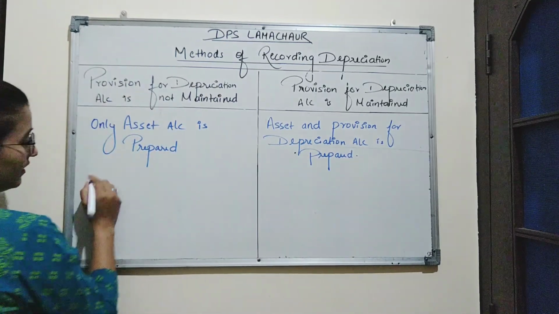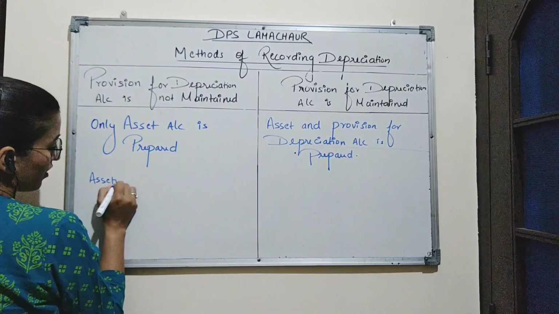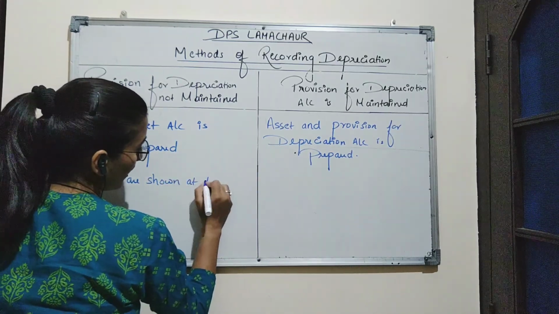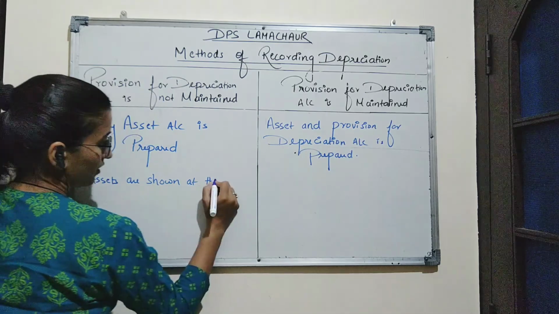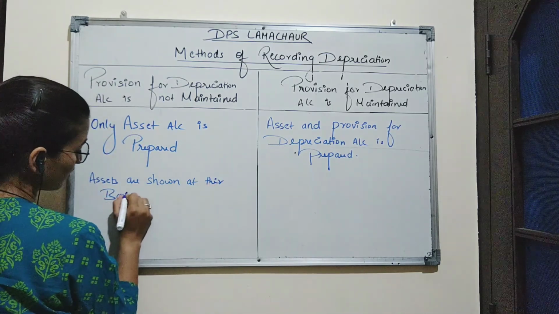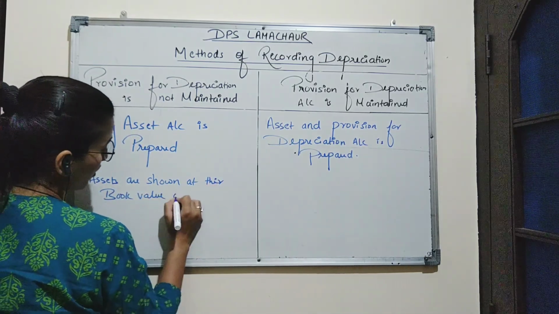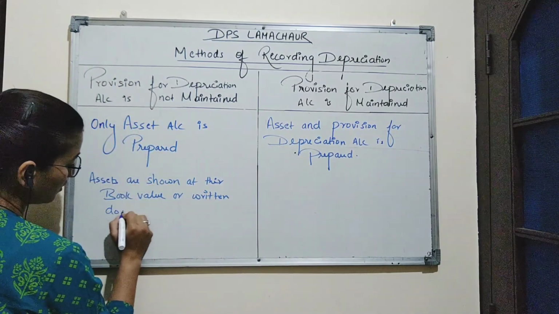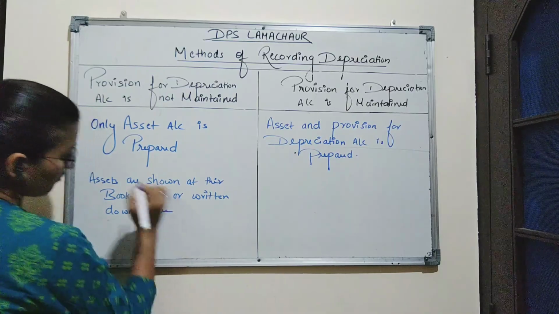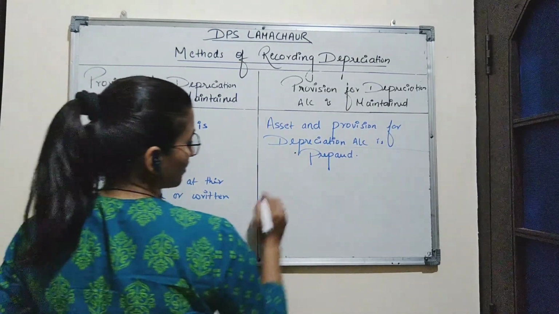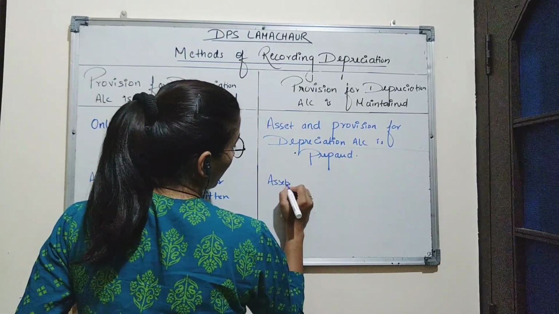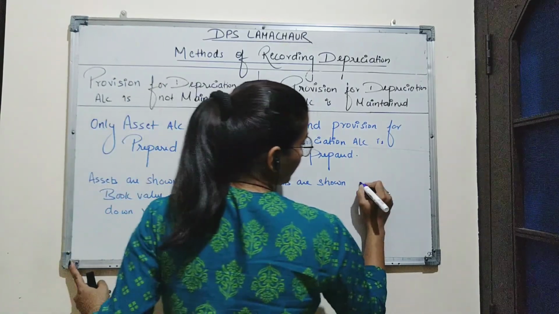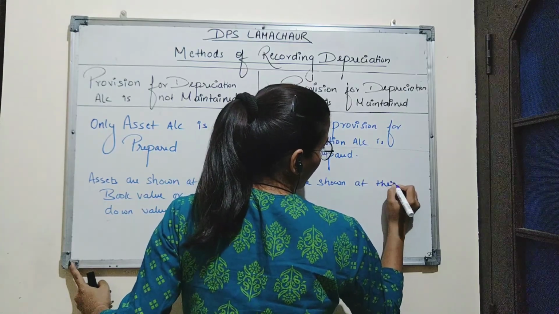In this method, assets are shown at their book value or written down value. Whereas in this method, assets are shown at their